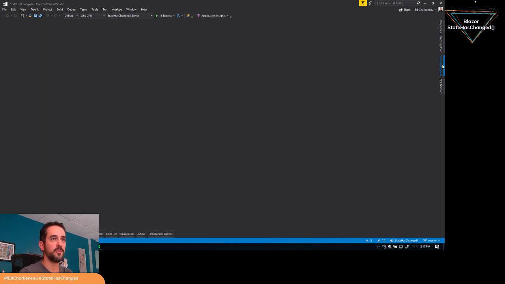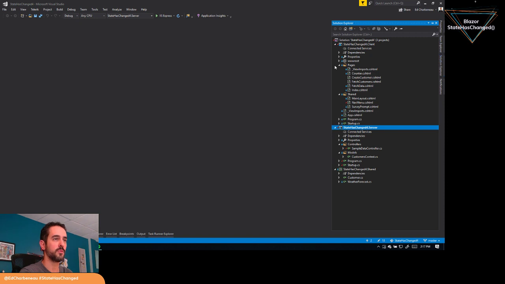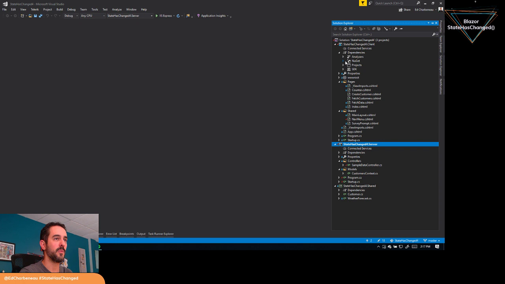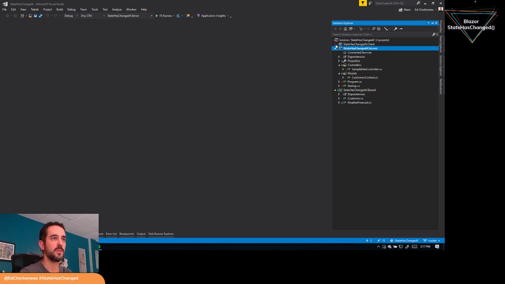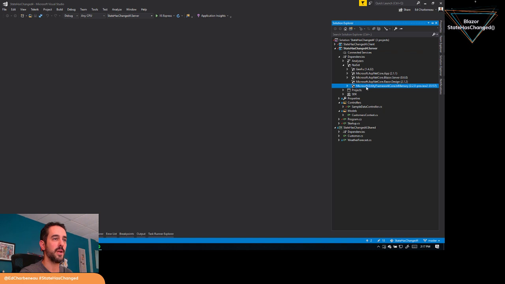So here, let me close all these out. We'll go back over things real quick and kind of review what we had done. The first thing we need is the dependency for the server app. So if we look under dependencies, we needed to grab this Microsoft Entity Framework Core in-memory package, and that gives